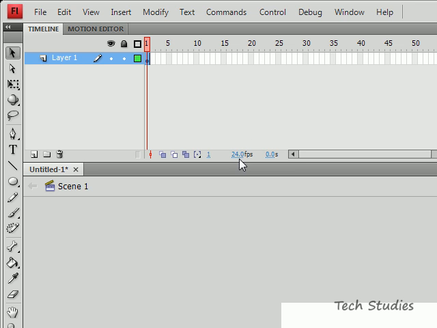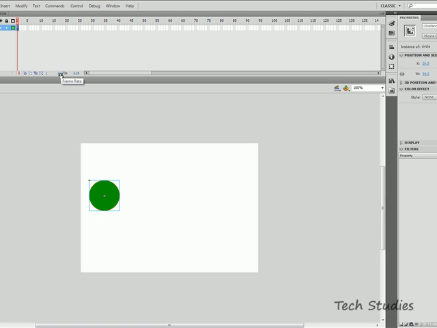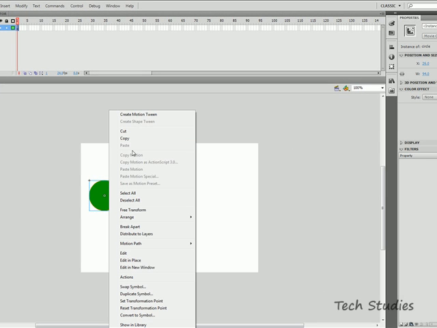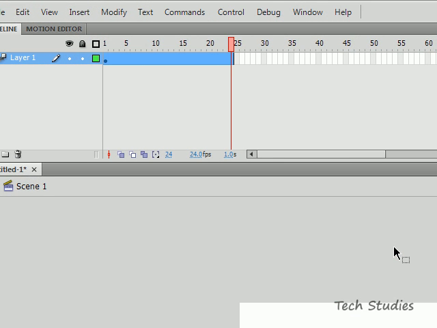By default it's set to 24 FPS. I think in previous versions the default is 12. I can't be certain though, but it's okay if it's not. 24 just means 24 frames per second, which means every 24 frames that'll be 1 second. And you can change it to whatever you want, however high you want, but know that will definitely affect the speed of your animation. So we're going to right click on our symbol and click create motion tween,